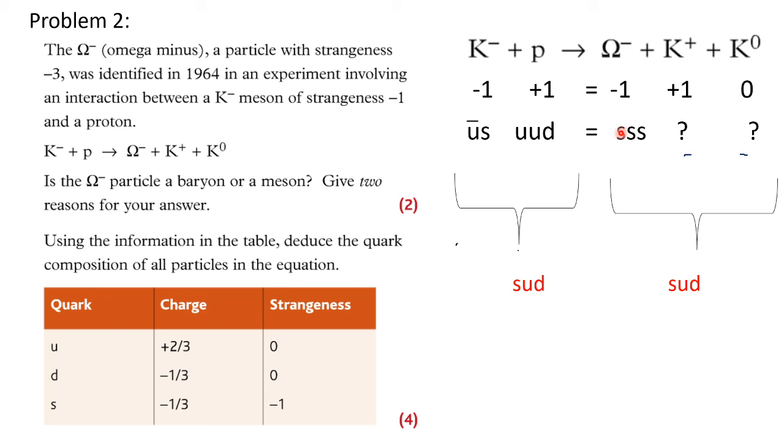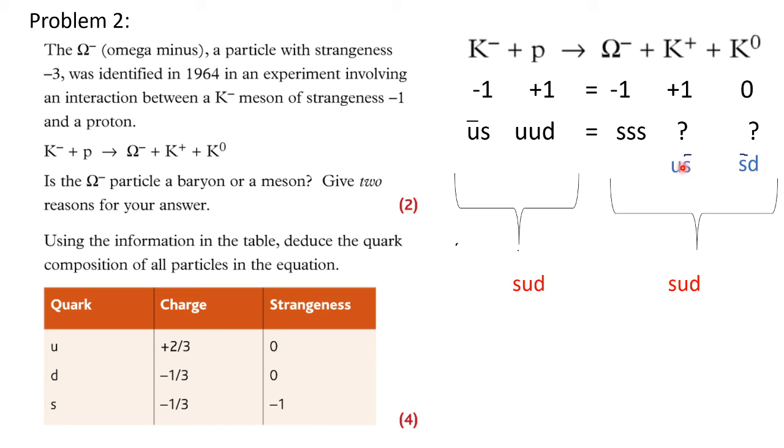Each side should keep one S, but the other 2 S should be cancelled out with the S bars, right? Then U should be there and D should be there, right? So 2 S bars cancel with 2 S, then 1 S is remaining. So how to decide whether it is U here or U there,